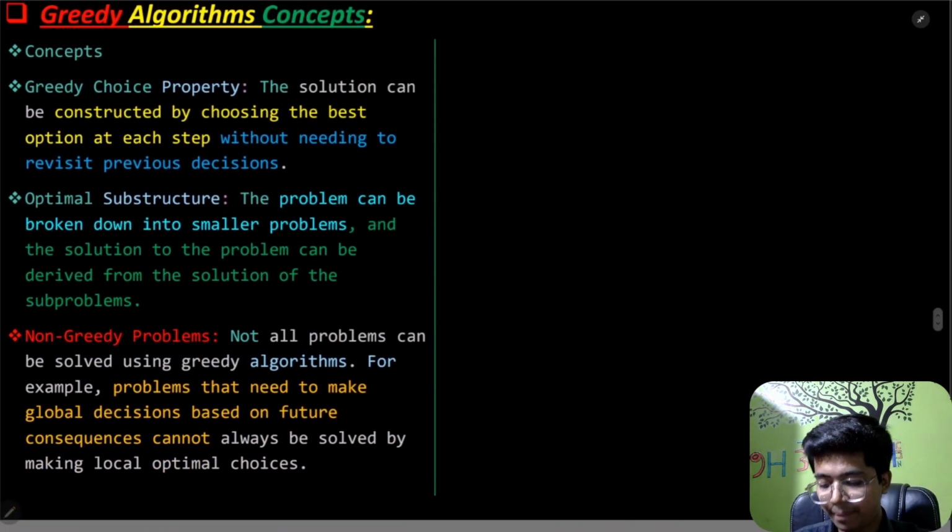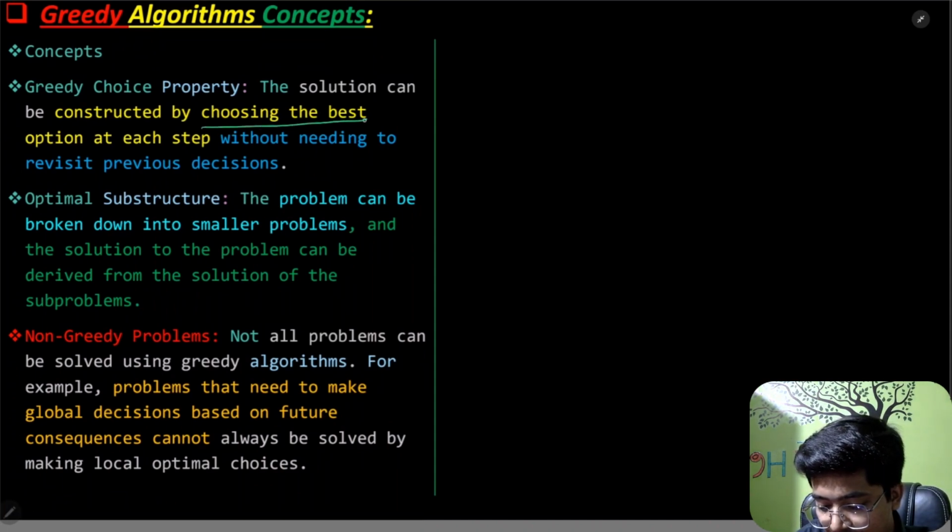Now, the greedy algorithm concept. Greedy choice property: the solution can be constructed by choosing the best option at each step. As I told you, we always choose the best option at each step without needing to revisit the previous decision, and we don't consider